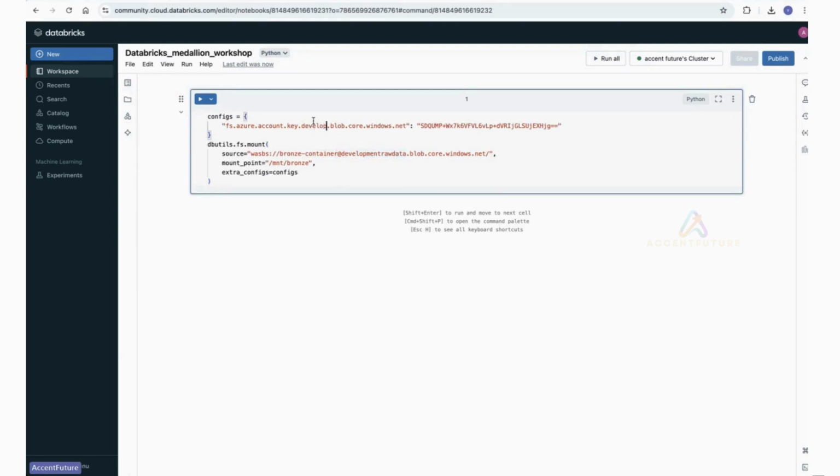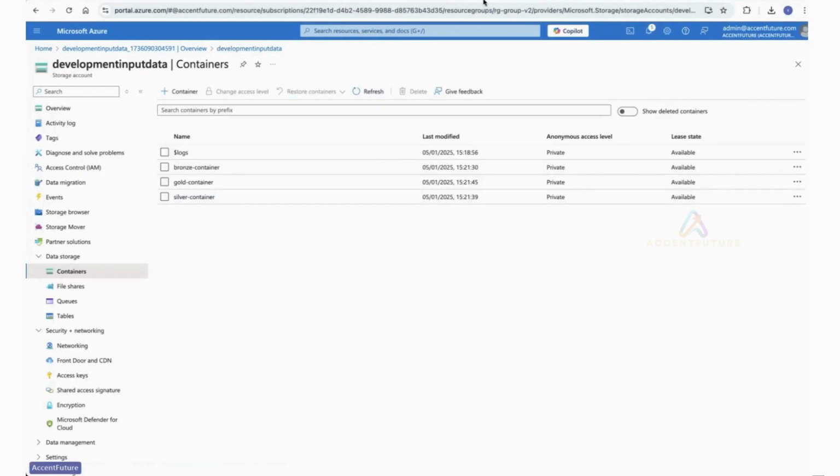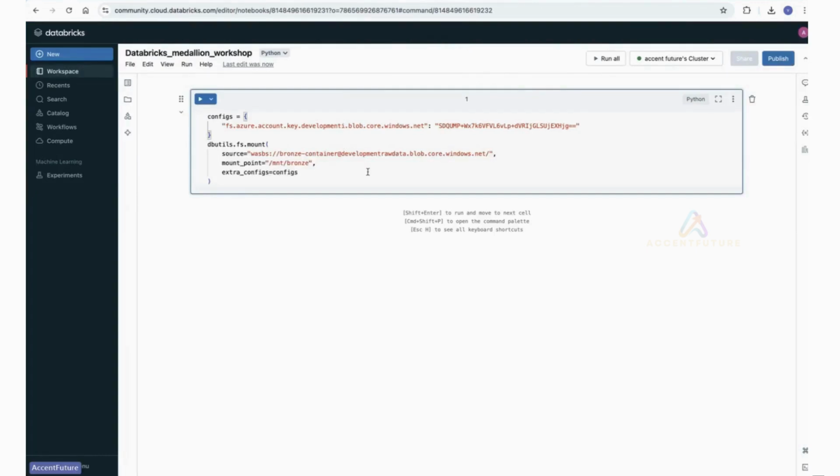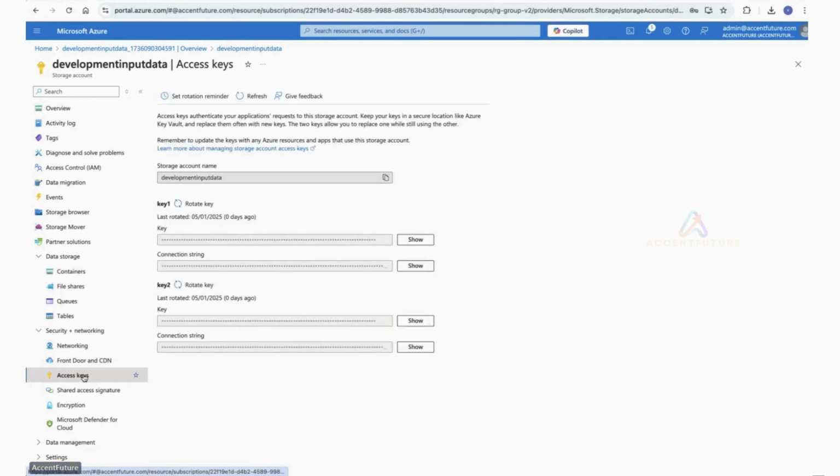What is my storage account name? Development input data. And the key. This is a security key. In the storage account, you see the access keys, right? So you take one of the keys and remember it's very secure. It has to be very secure. So just copy the key